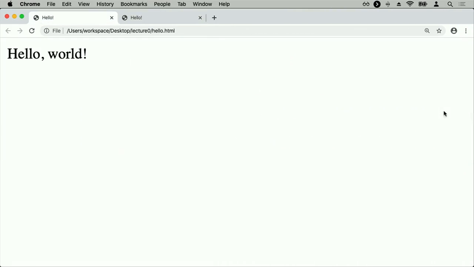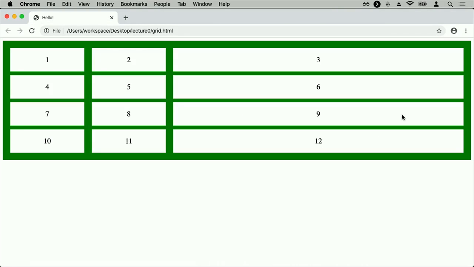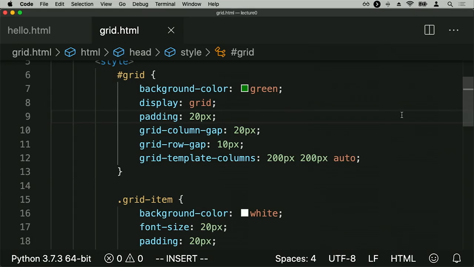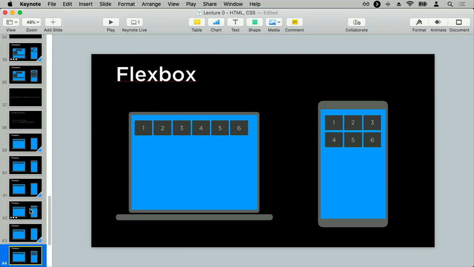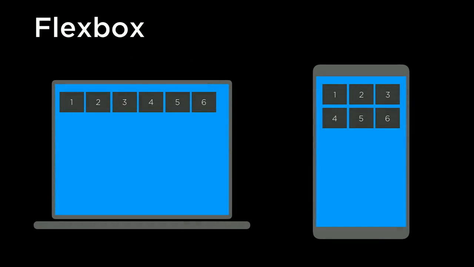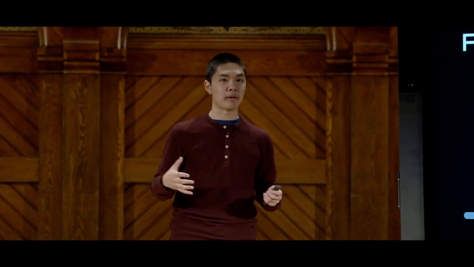As I grow the screen, it also grows alongside with how big this window happens to be. And so Flexbox and Grid are some very powerful tools that we can use just to make it easier for us to use mobile responsive design, to make sure that our pages look good no matter what kind of browser or what kind of device the user is using in order to look at